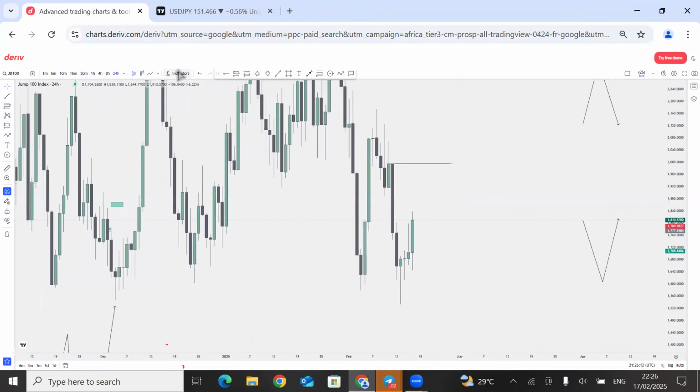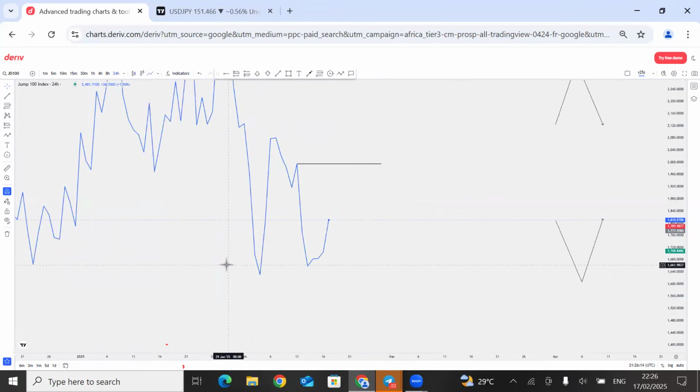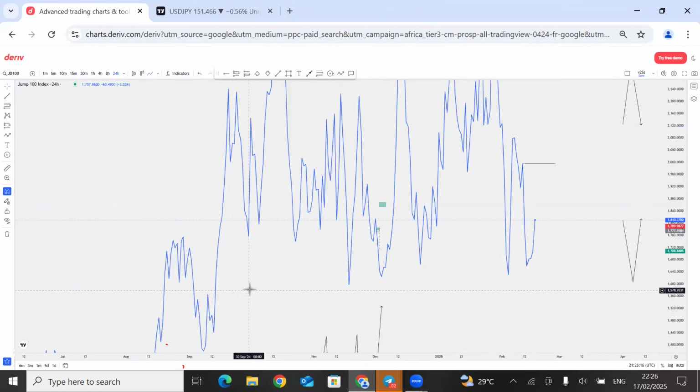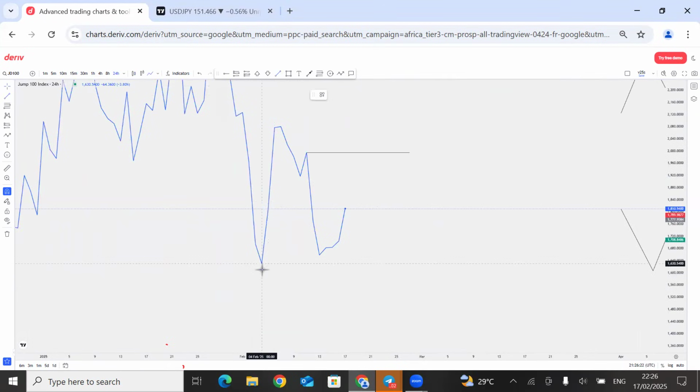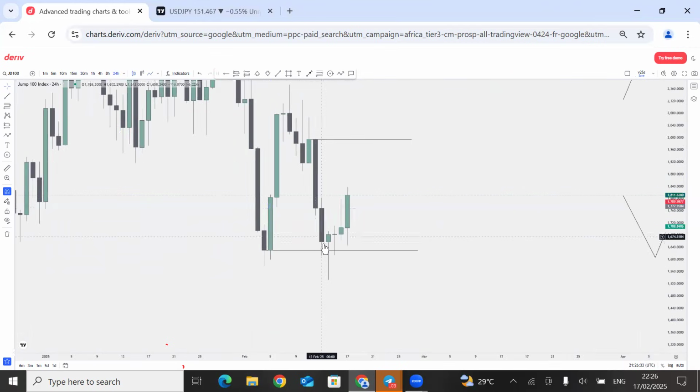So on this daily time frame, I just had to come here, turn on my line chart, and first of all, price has been ranging at this low. But forget about that. We don't want to focus on that. So here was a key level, a valid key level. I marked out my key level, and I turned back to my candlestick chart, and I saw that price came, touched into this key level to the downside, and closed above the key level. So what do I do next?